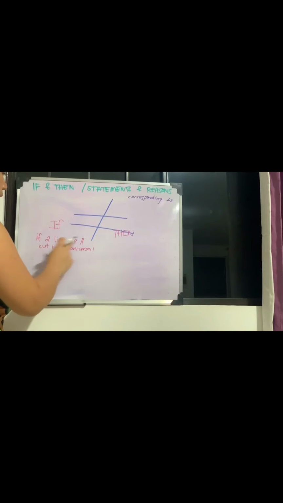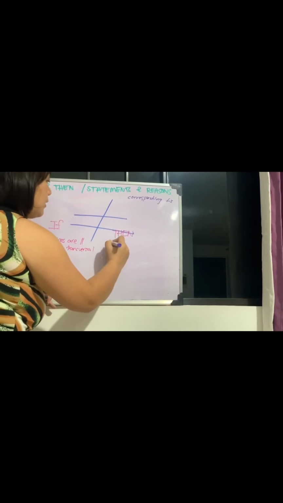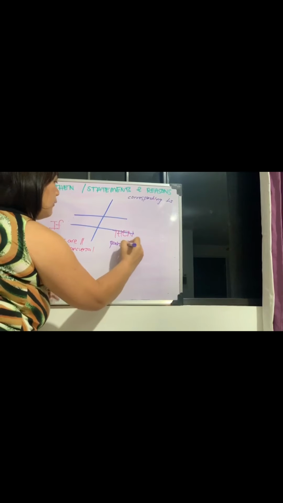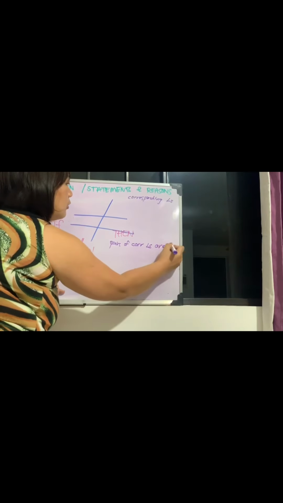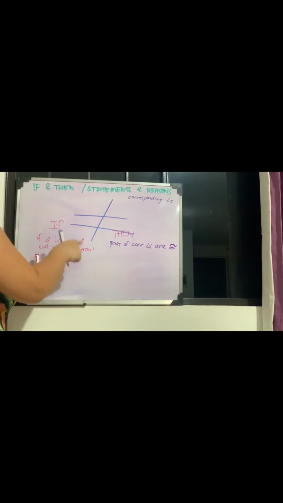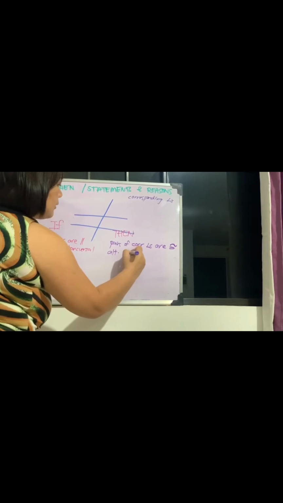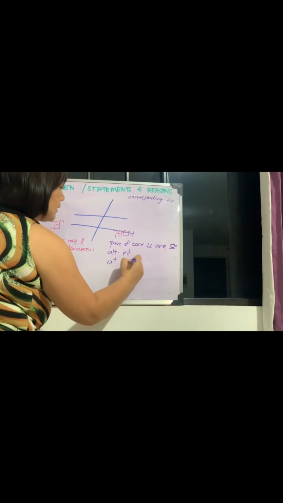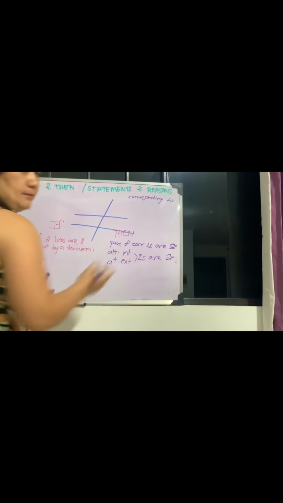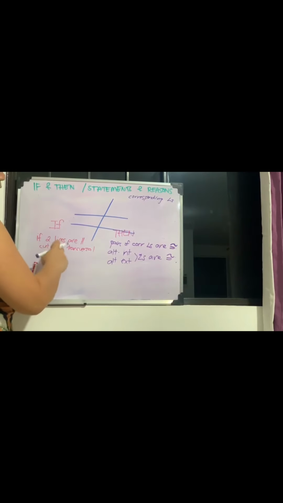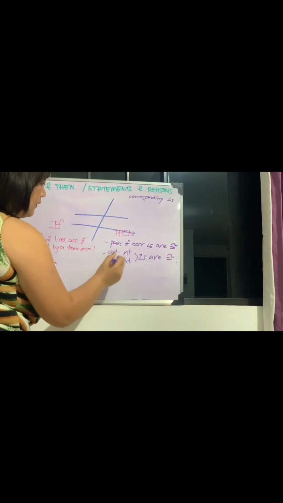If two lines are parallel and they are cut by a transversal, then pairs of corresponding angles are congruent. If two lines are parallel and cut by a transversal, then alternate interior and alternate exterior angles are congruent. If two lines are parallel cut by a transversal, then we have this, we have this, we have this, then we have,